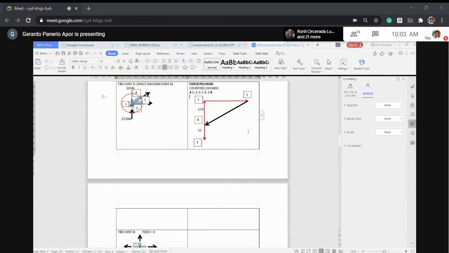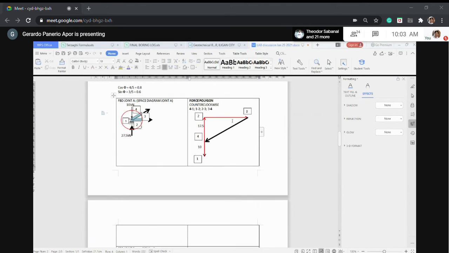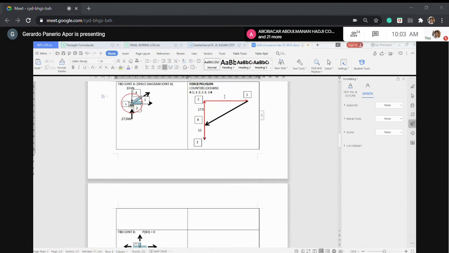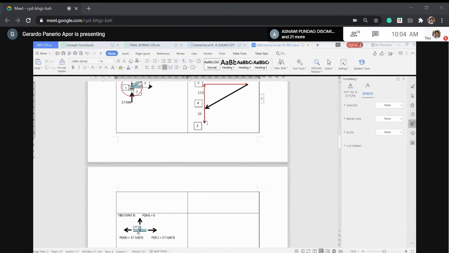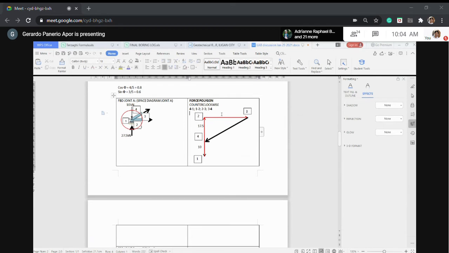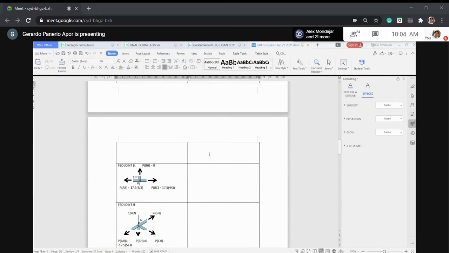If this is a 3, 4, 5 angle, this side is 4, this one is 3, and this one is 5. So by ratio, or similar triangle, by similar triangle,